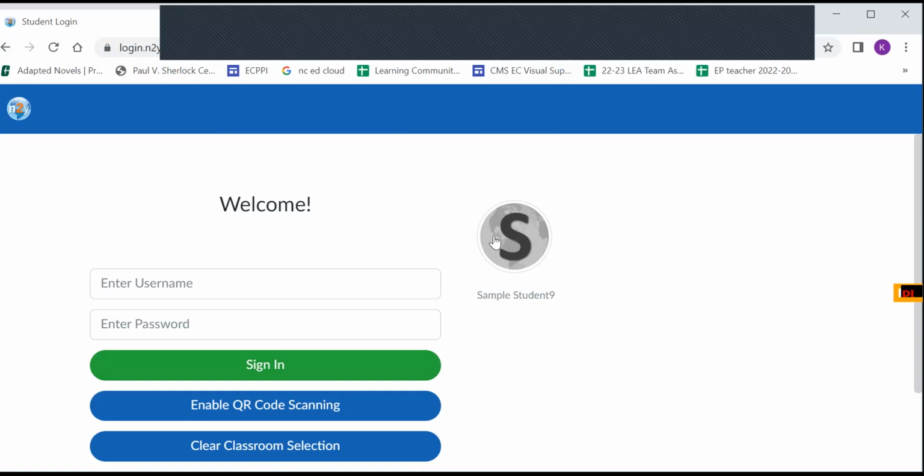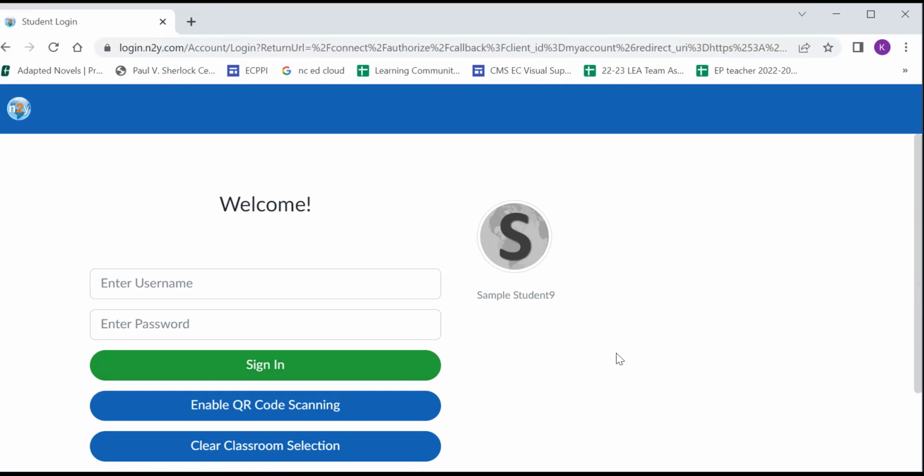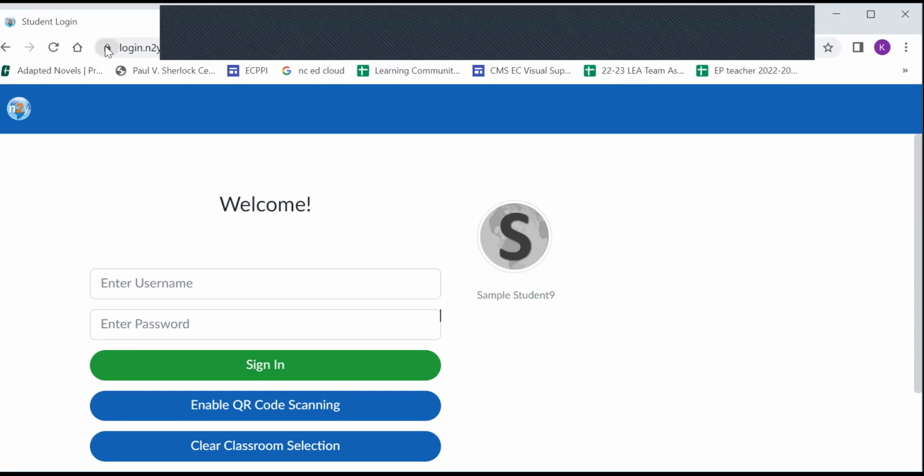Now, here's what I was talking about a couple minutes ago. This is where all the students on your roster are going to populate. So if you want to protect privacy, this is not something you want to have up there. No passwords will be displayed, but again, student names and or pictures could be displayed. Another helpful way that you might be able to get the student to log in without much assistance from you is if you come up to the top of the URL and this little padlock here, I can actually drag this onto my desktop. This will then populate an icon and this can bring me right to the student's login